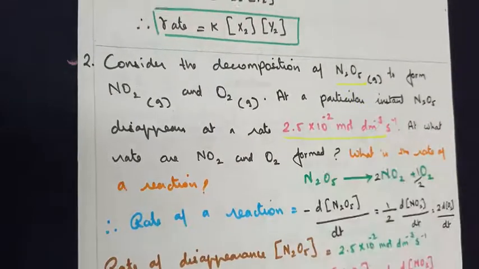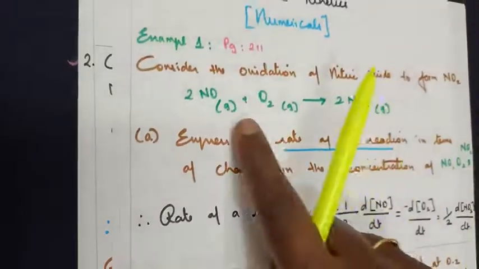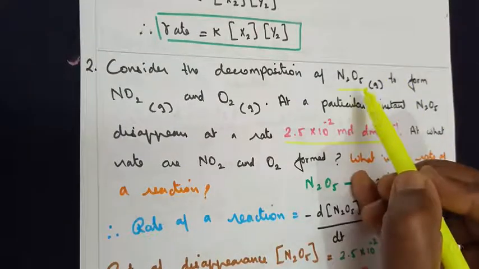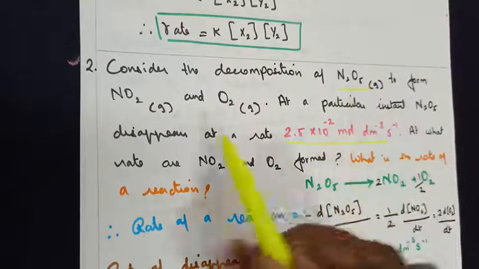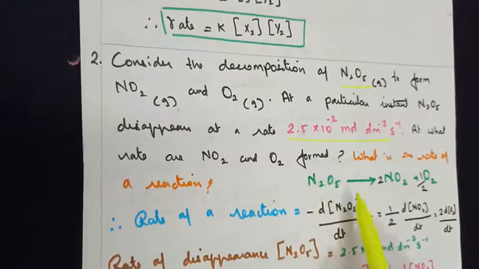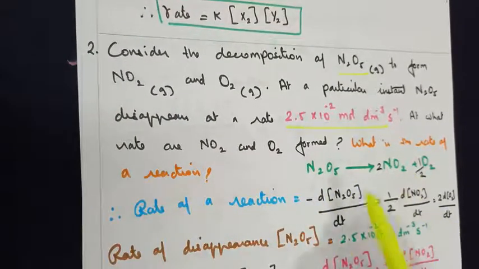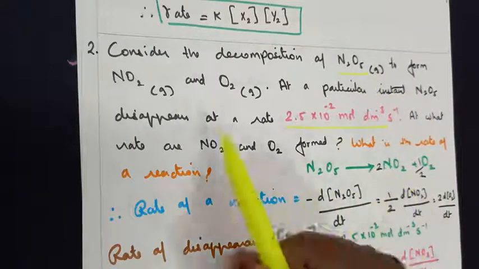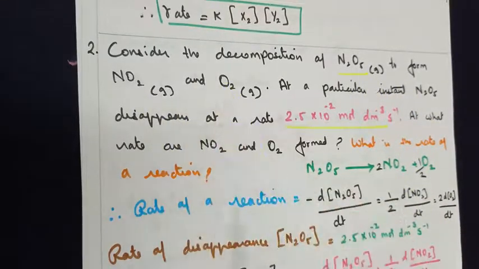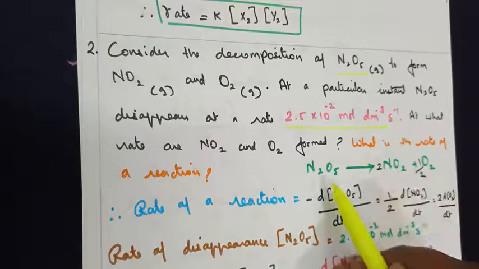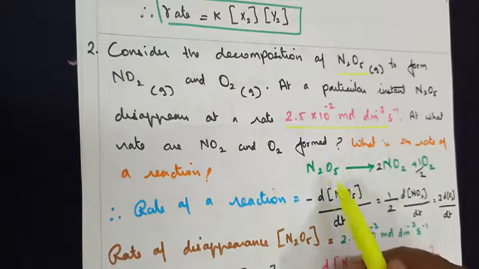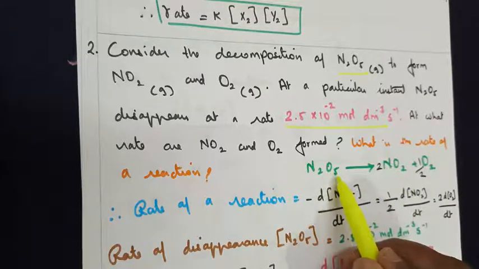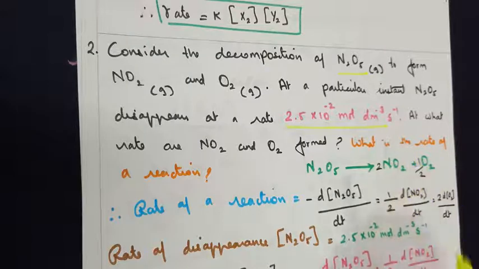Now in the previous question, they gave you the balanced equation. In this question, they have mentioned the reactant and the products, but they have not given the reaction. You have to write it out. So N2O5 is the given reactant. What are the products being formed there? Nitrogen dioxide and oxygen. So when you write it, see, for balancing the equation, N2, so I am writing 2N here. Oxygen, you've got 5, but on the other side 2 twos are 4 only you've got.